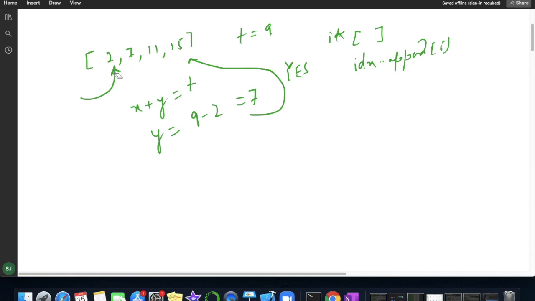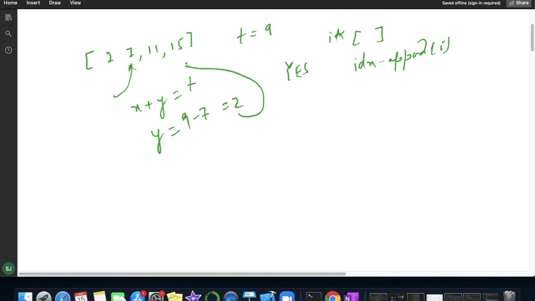Now we move to the next element, which is 7. This y value will be 9 minus 7, which is 2. Again I check whether this 2 is present or not. Yes, 2 is present, so again I will append the i value. My list was initially 0, and now I appended the index of the current element 7, which is 1. So I got the two values and I will simply return this as the answer.